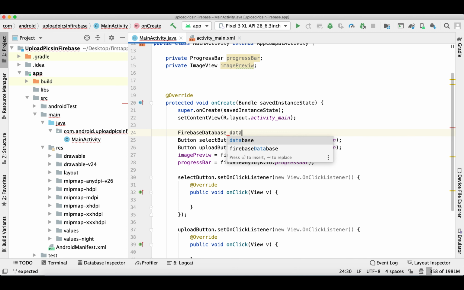I'm initializing the Firebase database and Firebase storage.